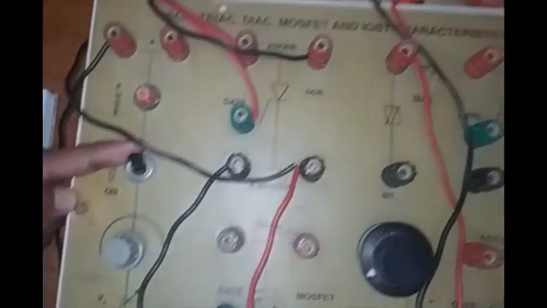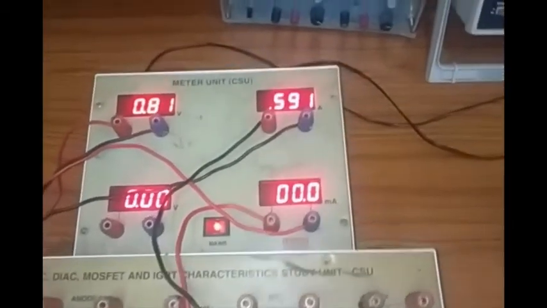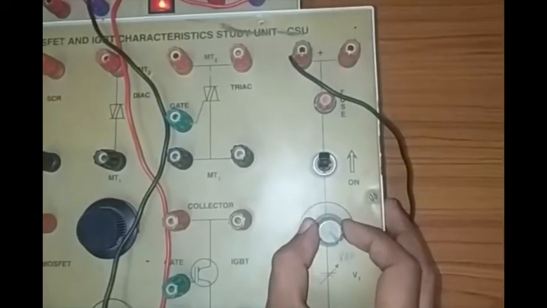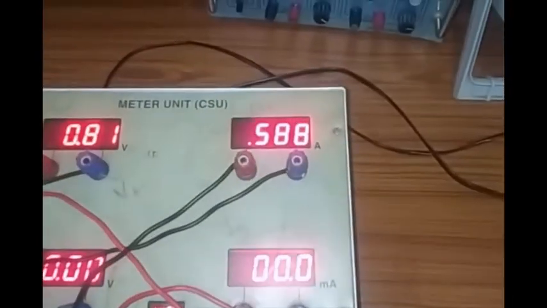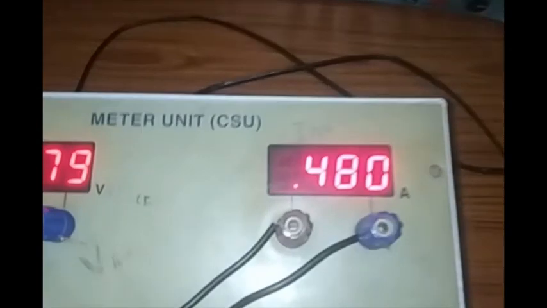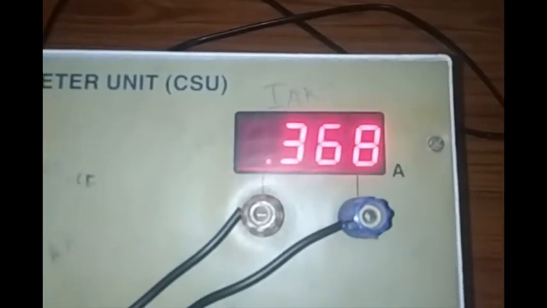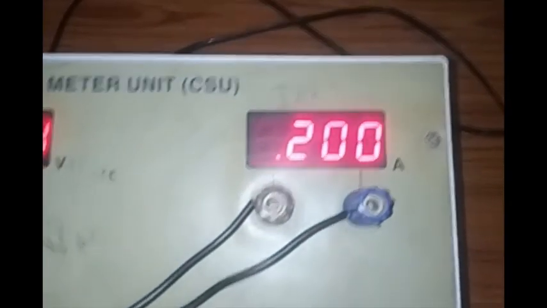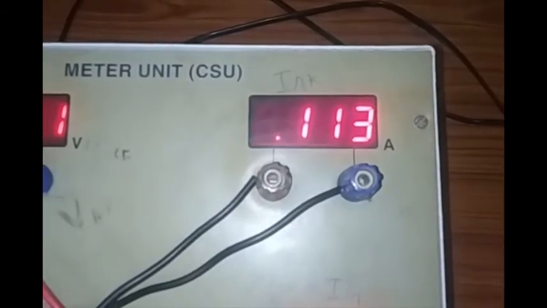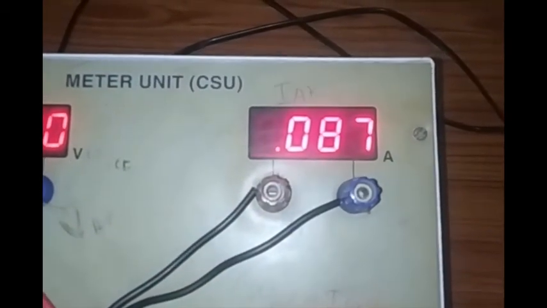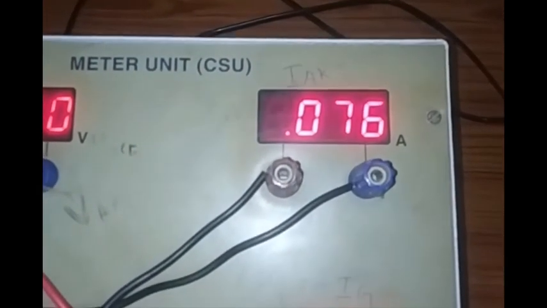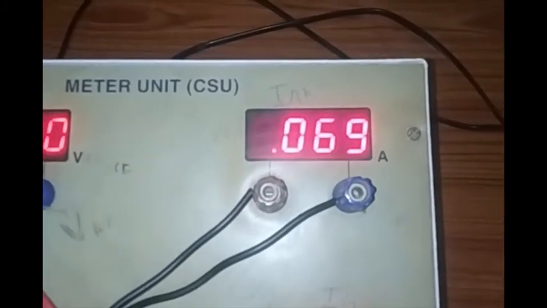Next, to calculate IH you have to keep this VAA at maximum and VAK is on now. You just turn it off. So once you turn it off completely, then gradually decrease this VAA till this value IAK reaches around 100, and after that you have to reduce it gradually. Observe here from which value it will go back to 0, that will be the IH value.